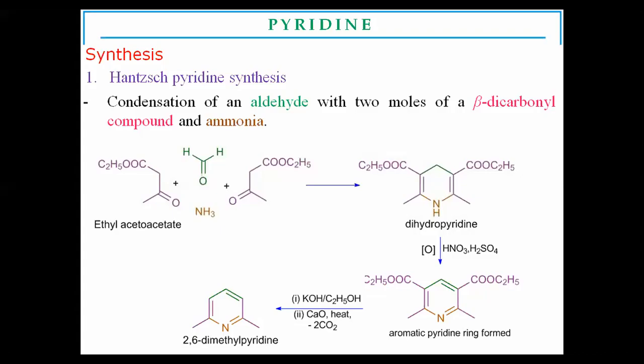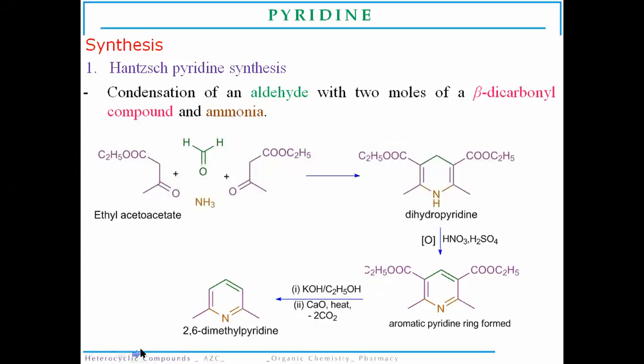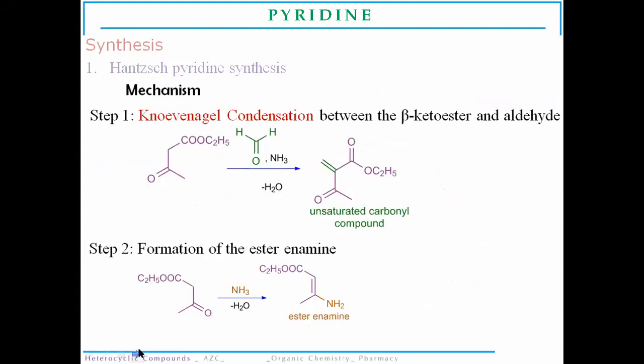Second method of synthesis of pyridine molecule. With respect to the Hantzsch pyridine synthesis, we have discussed that in the presence of ammonia, an aldehyde will react with two molecules of beta ketoester. So these are the steps of the Hantzsch pyridine synthesis, in which step number one is a Knoevenagel condensation between beta